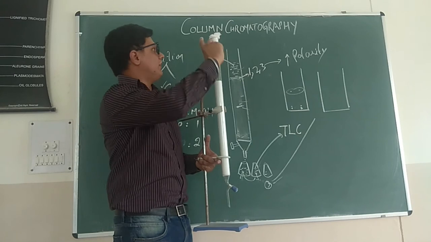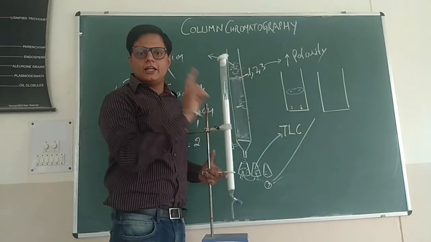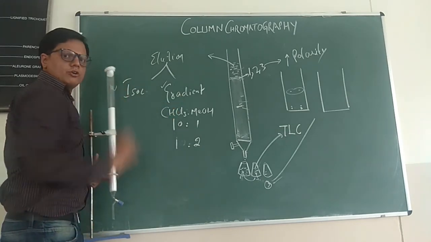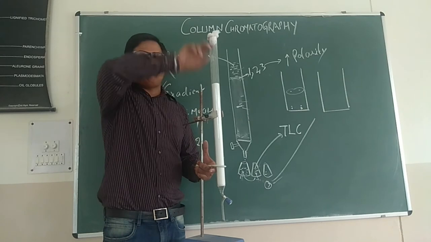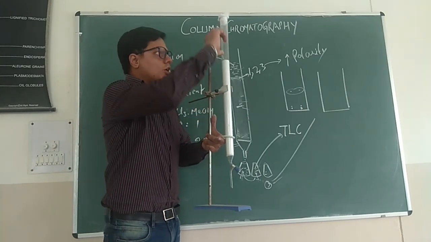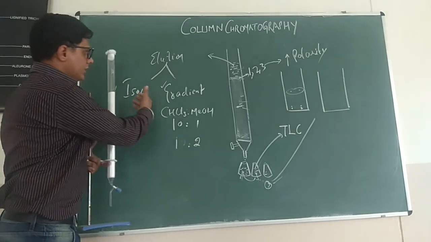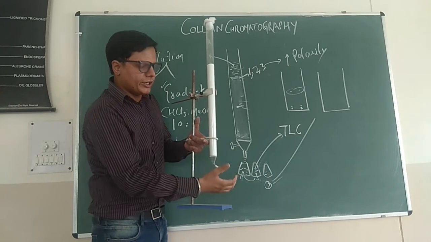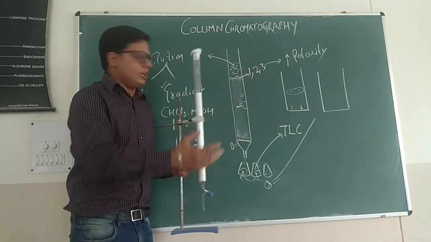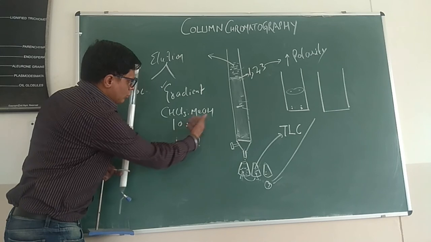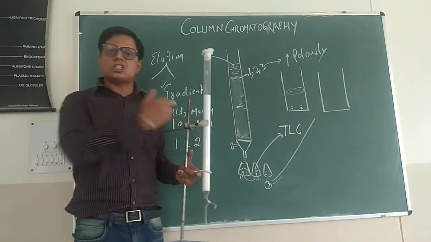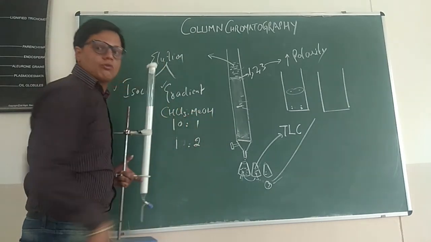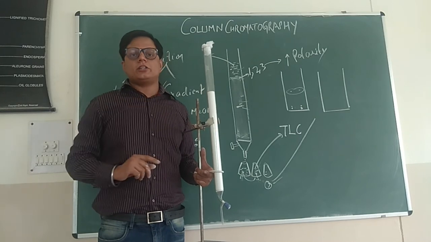And above this, we will add a particular mobile phase. Again, there are 2 methods of adding mobile phase: isocratic elution or gradient elution. Suppose I have added chloroform only, and throughout the procedure only chloroform is added. This is known as isocratic. But in the case of gradient, suppose I added chloroform to methanol and collected 3 fractions, and next I changed the polarity and added chloroform to methanol in 10:2 ratio. I have increased the polarity of the mobile phase by adding methanol, because methanol is more polar than chloroform. Please go through the video on the polarity index.